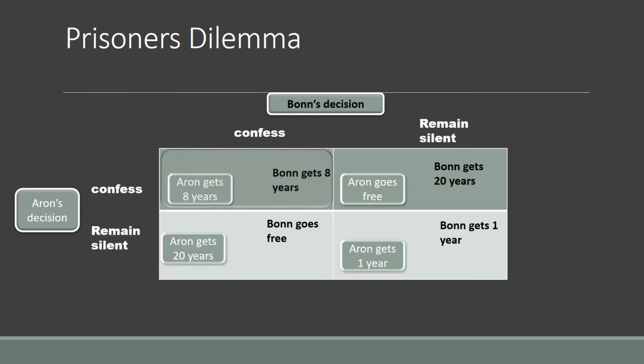Prisoner's Dilemma is an important game in game theory, and it provides insight into why cooperation is difficult, even though it leads towards a better outcome for both of the companies or even individuals. It begins with a story about two criminals who have been captured for committing a minor crime, but the